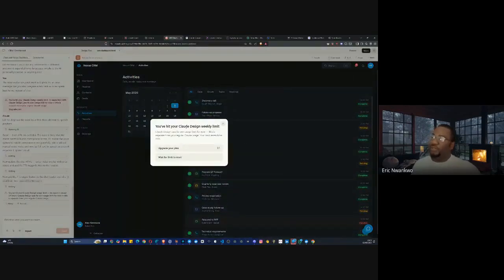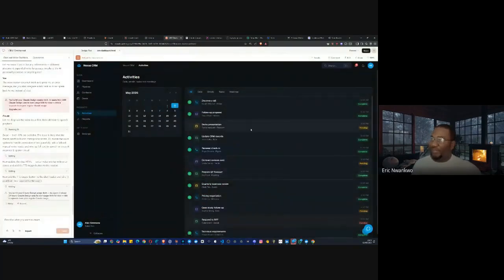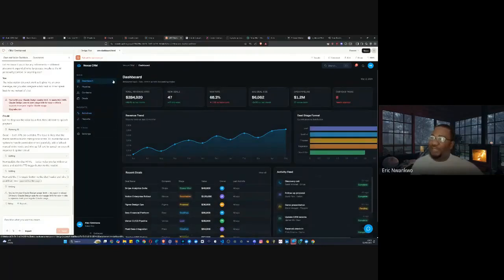Okay, so this should have hit my limit for Claude Design. So I have to wait. Now, basically, you can see this is how you go back and forth with what you want. Keep telling it to do this, to add features to it. And if you still don't like what it's giving you so far, I can always tell it to change the